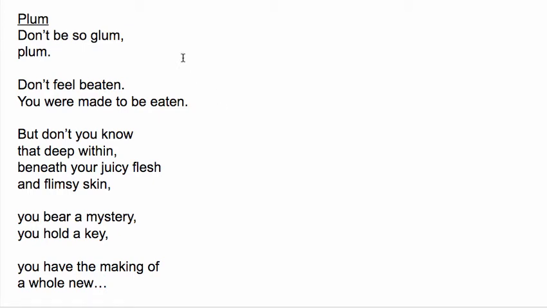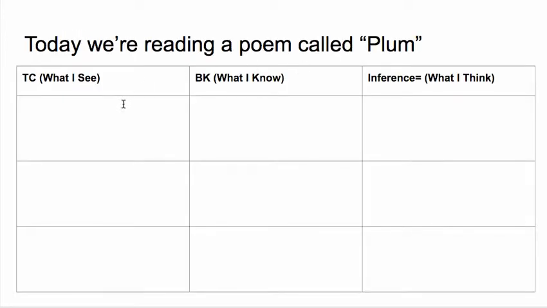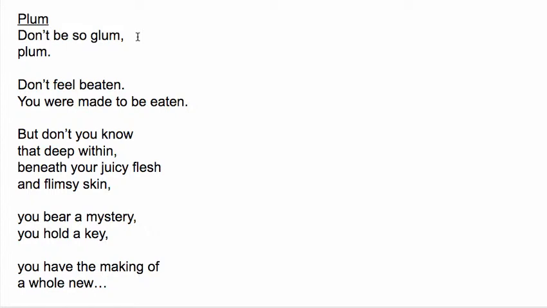Alright, today we're going to read this poem called Plum, and then we're going to focus on making inferences, which is what we practiced last week with reading our stories, but this week we're going to do it with poems. So let's go ahead and read our poem and think about those different steps that we have to practice as we read. So first of all, we have